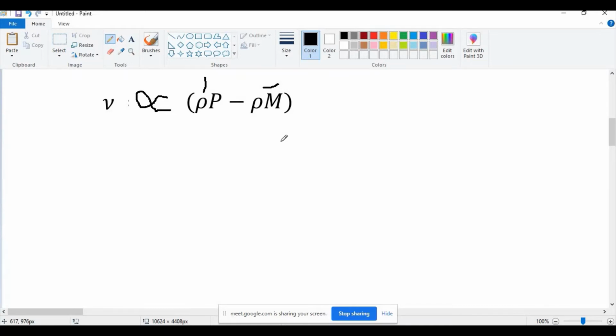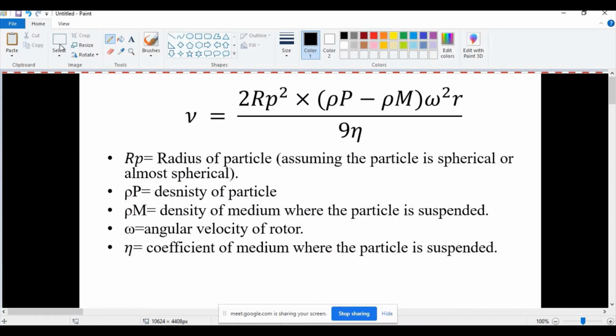So what is the need of using ethanol or isopropyl alcohol? The basic aim of using them is to decrease the density of the medium. Your medium is water. When you add alcohol to the water, the density of the medium decreases. Okay, fine. Now the next thing is,